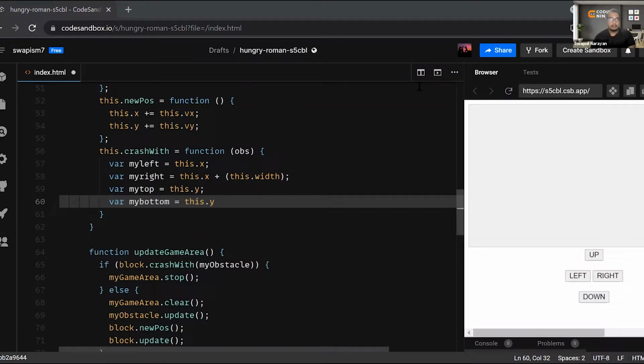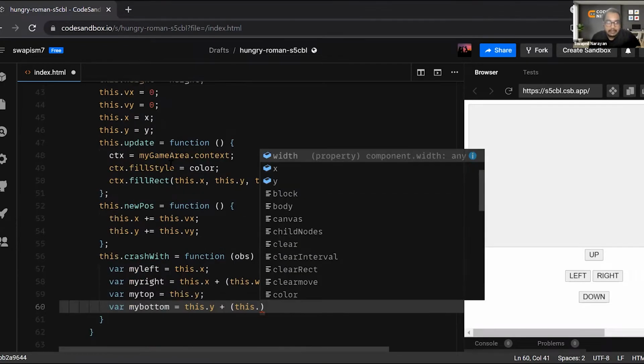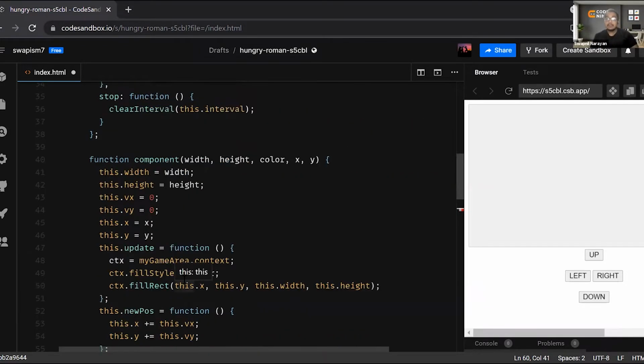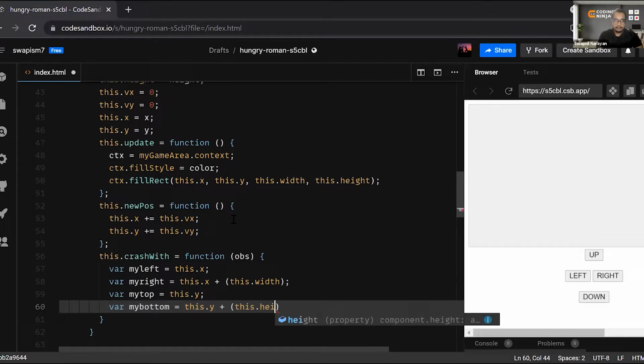Not block, but we can write this dot height. Over here we cannot write block. This is a generic function. Component functions are generic functions. We cannot apply it only for a block. We need to write this. Whichever object is calling it, that will be applied on that. So over here this dot height.